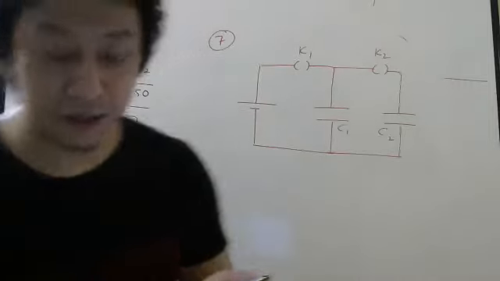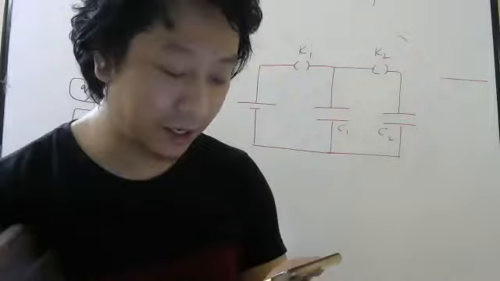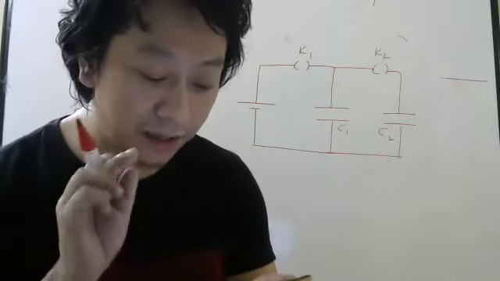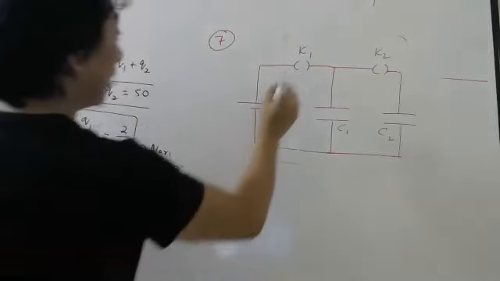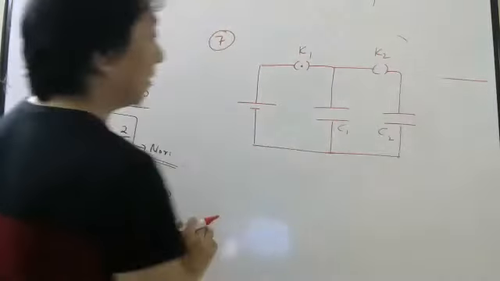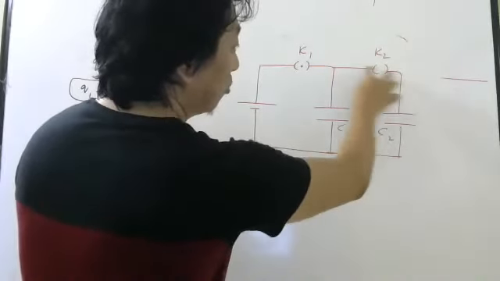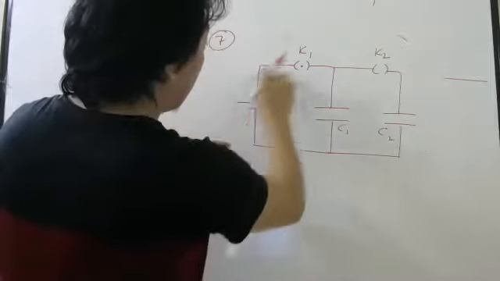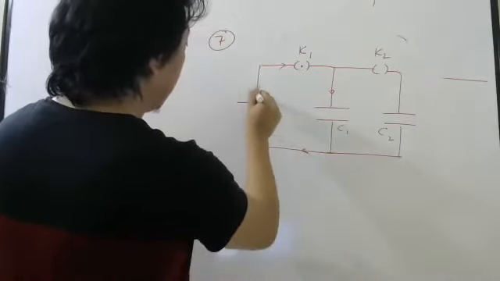Now listen carefully to what they are saying. In the circuit shown in the figure, initially K1 is closed and K2 is open. So K1 is closed means this is closed, and this is open. Meaning this part will be useless. Why? Because the charge will flow only here. Why, sir, will charge flow only here?